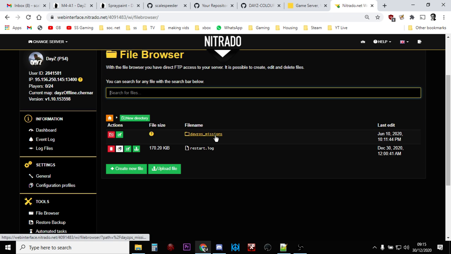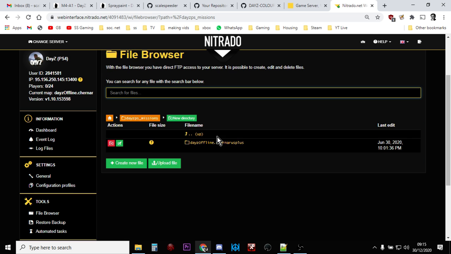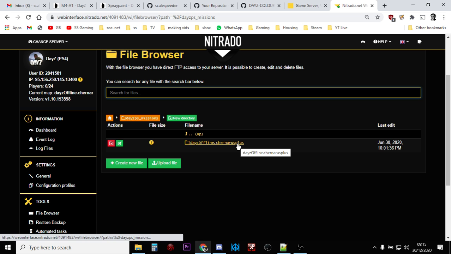and then go into the missions folder. Now if you're on PC, you've got to dig down a bit to get to the missions folder, and you'll either see Chernarus Plus or Enoch. Enoch is Livonia, or if you're on a PC server and you've added some custom mission files, you'll see the other ones there as well, the Namalsk, stuff like that. But you go into here,